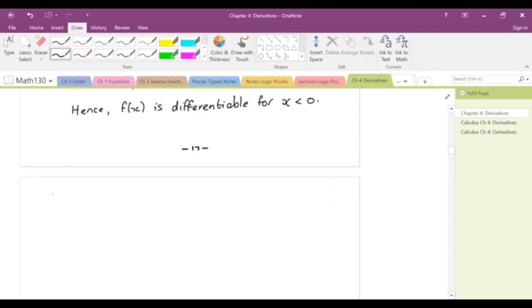So this is the third case now. We need to investigate for x equal to 0. Right, let's write the definition of the derivative. Let's write the derivative at x equal to 0 according to the definition. So we've got the limit as h tends to